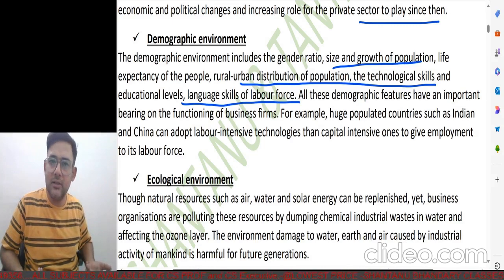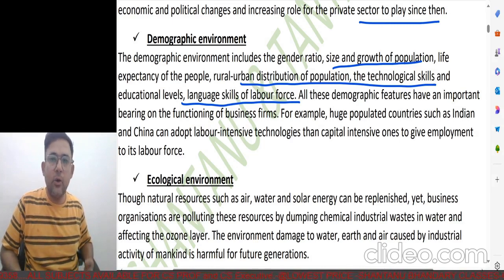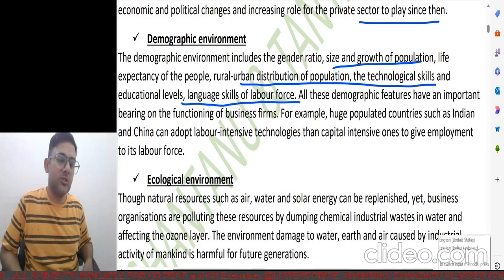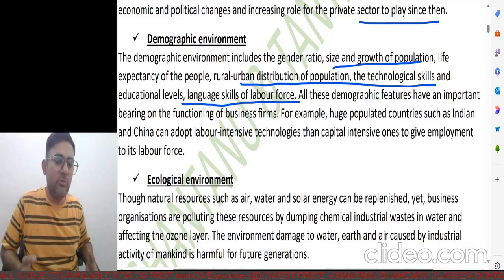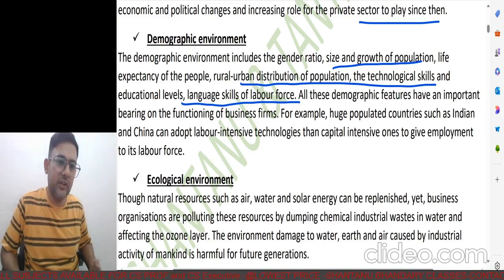So I think that also is one of the things which is beyond our control, meaning what kind of people live in our society, how educated they are, what kind of population we have, is it a skilled labor force or unskilled force. There's nothing much a company can really do about all of these things.